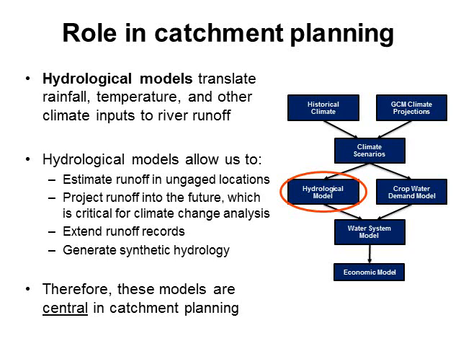Now, these models also allow us to estimate runoff in ungauged locations, and there are many ungauged locations that we're interested in, but if we have information on precipitation and temperature and other weather data, we can actually come up with runoff estimates in those locations. It also allows us to project runoff into the future. We haven't actually observed climate change yet, but with rainfall runoff models we can project what runoff will be based on these climate variables, and potentially extend runoff records and then generate synthetic hydrology, which I believe we can get into in a little bit more detail later,